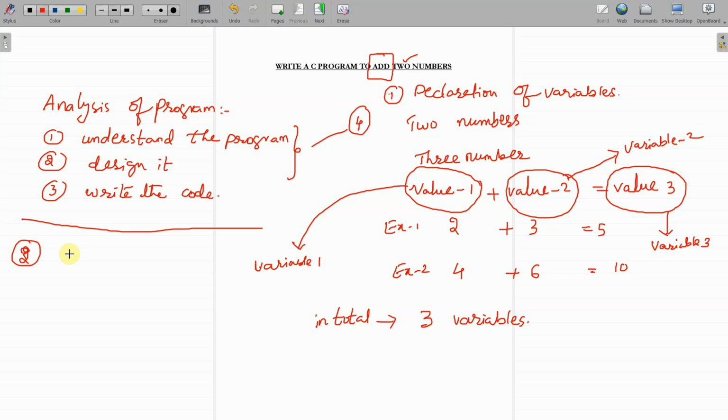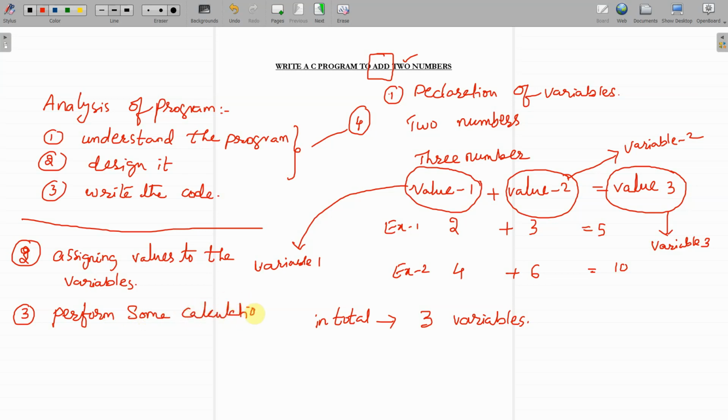Assigning values to the variables is step number 2 you have to perform. And the third step is to perform some calculations if required. So in this case I will be performing a calculation called addition.